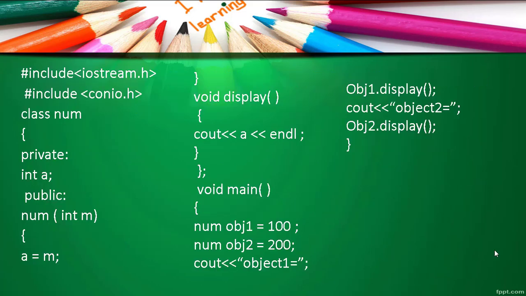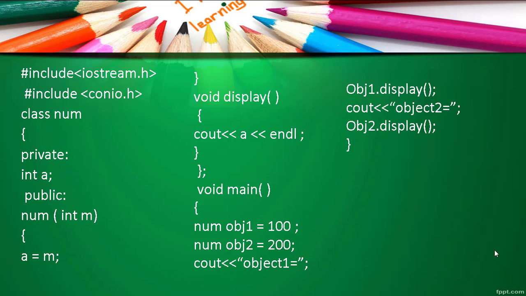In today's class we have studied what a constructor is. A constructor is a special member function which gets invoked automatically as soon as an object is created. We know the types of constructor: default constructor, parameterized constructor and copy constructor. In our previous class we studied the default constructor. A default constructor does not accept any arguments, so it is also known as a zero argument constructor.